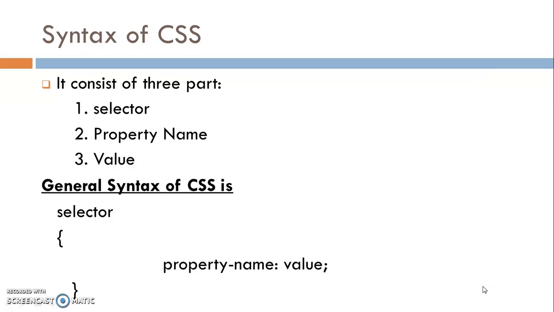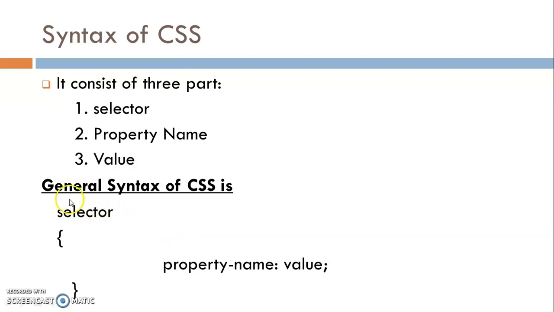Now next is syntax of CSS. CSS contains three parts. First selector, second one is property name and third is value. The syntax of CSS is first write selector, then in curly bracket write property name, then colon and value of its property, and after completion of one property put semicolon.